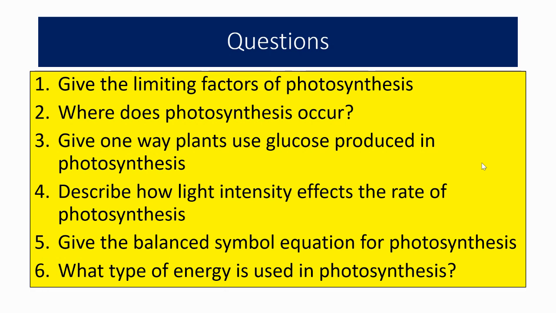You've got 6 questions. Give the limiting factors of photosynthesis. Where does photosynthesis occur? I want the organelle, please. Give one way plants use glucose produced by photosynthesis. Describe how light intensity affects the rate of photosynthesis, and give the balanced symbol equation for photosynthesis. And then your final one is what type of energy is used for photosynthesis. So all of them, please,